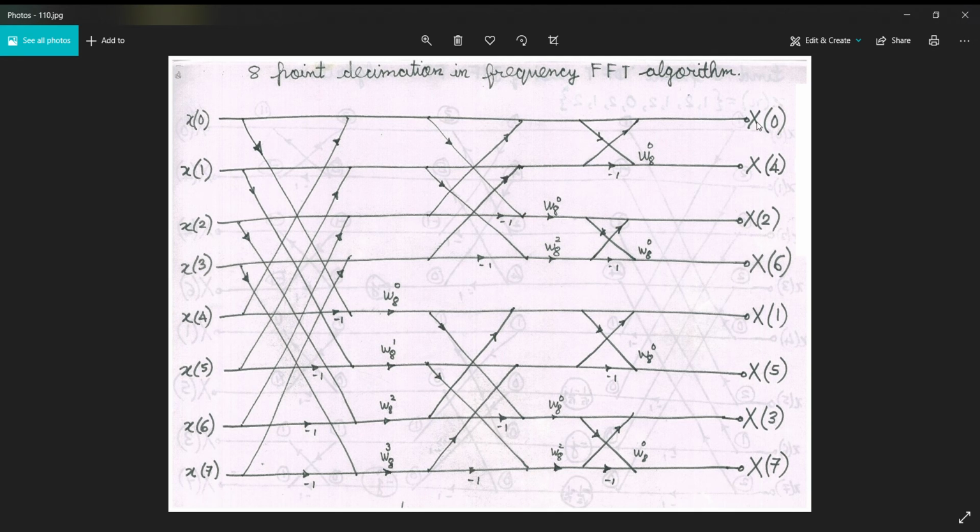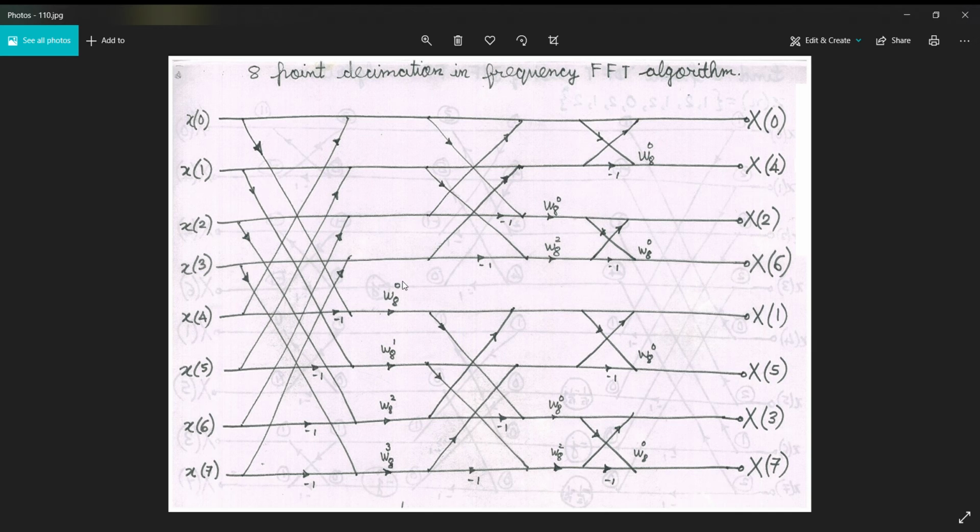And the output is arranged in a bit reversed order here. So these are some things which you have to remember properly, as it has been designed by the scientists Cooley and Tukey. Now let us talk about the